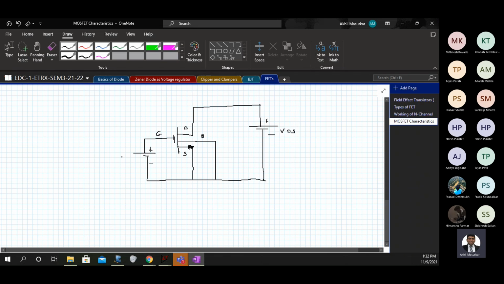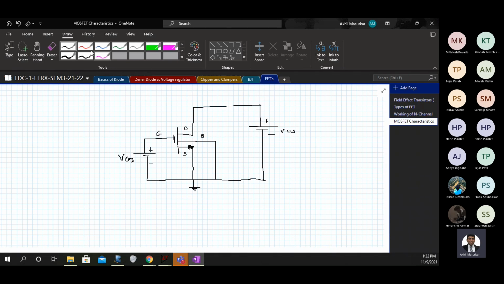And this is plus minus VGS. This is connected to ground.